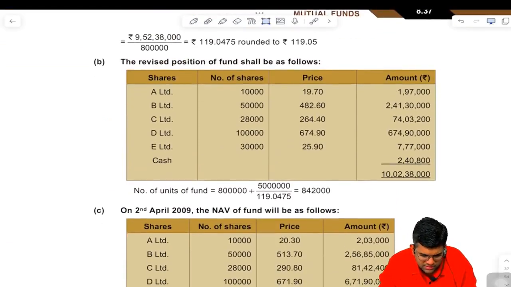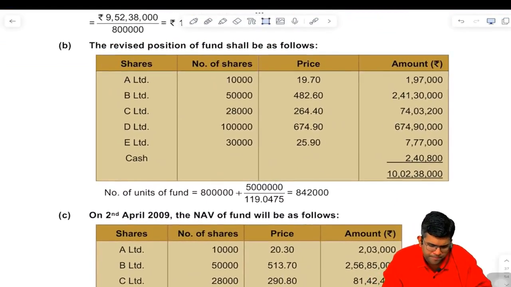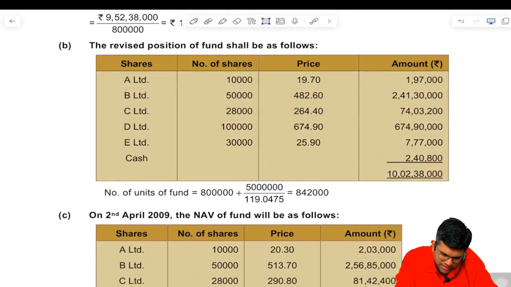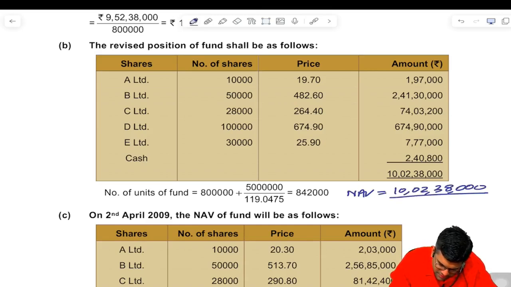Tulsi Priya, this is that. Just ensure that at the end you can also, we have all done. NAV is 10,238 divided by 8. That came to